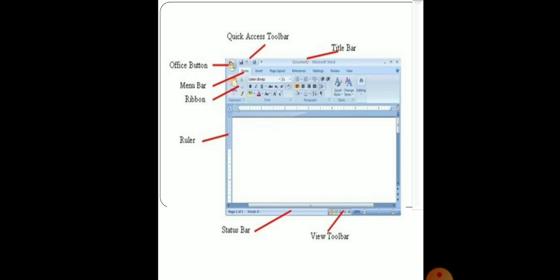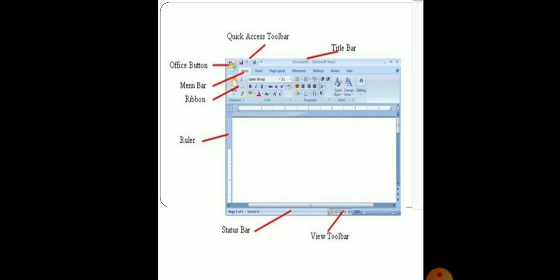And what is a tab? A tab is an area on the ribbon that contains buttons that are organized in groups. Okay, so these are the areas on the ribbon that contain buttons.